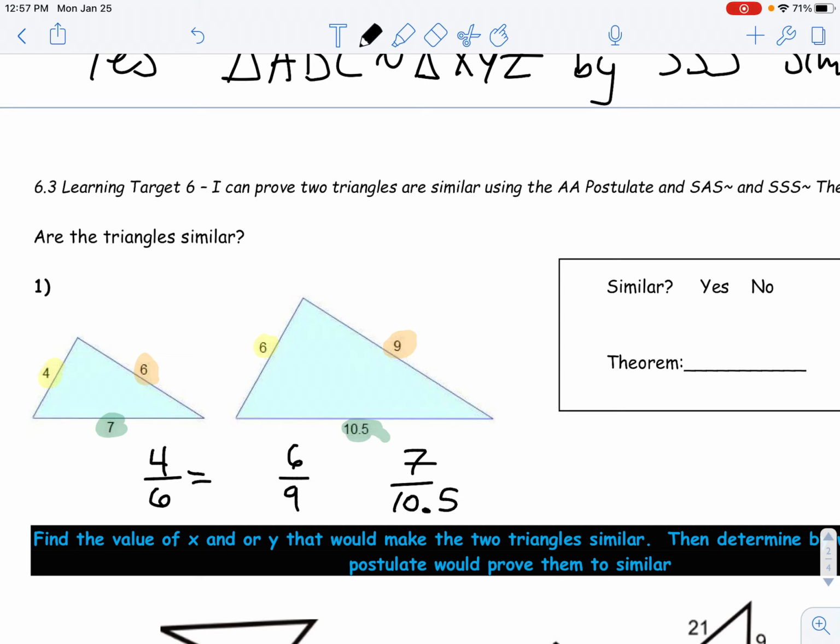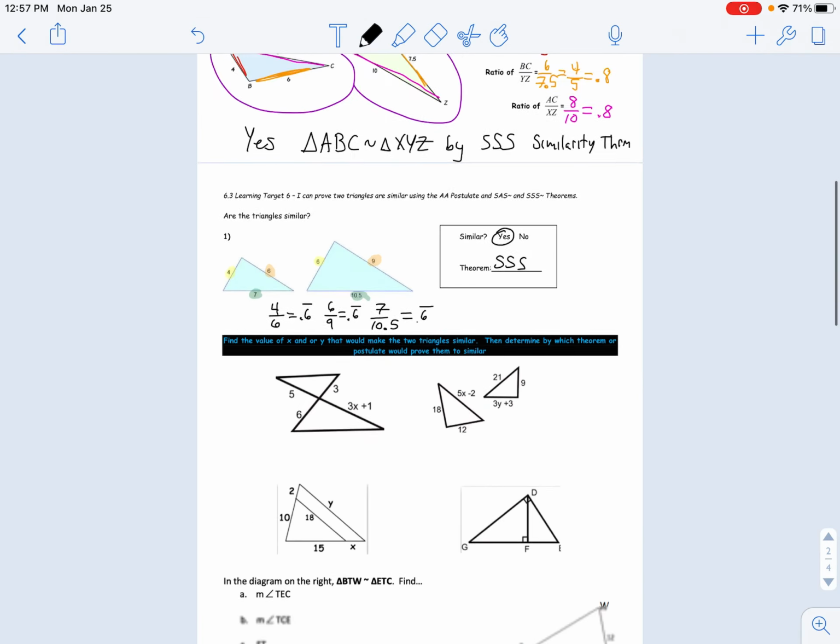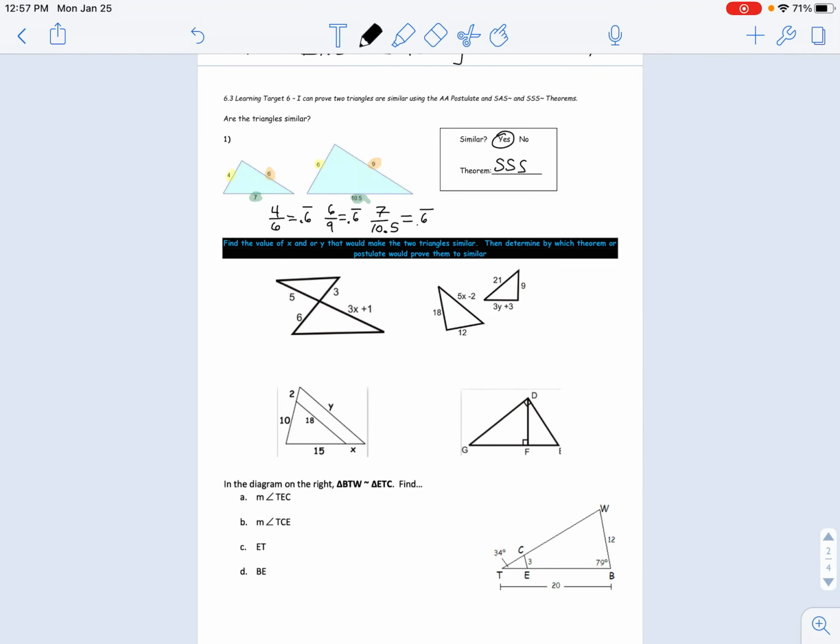If you have skills at reducing, that helps. But if you don't, maybe you just need to plug it into a calculator. And it's 0.6 repeating each and every time. 0.66666666667, that's what your calculator will say. But yes, all the corresponding sides are proportional. Thus, the triangles are similar. All right, stay